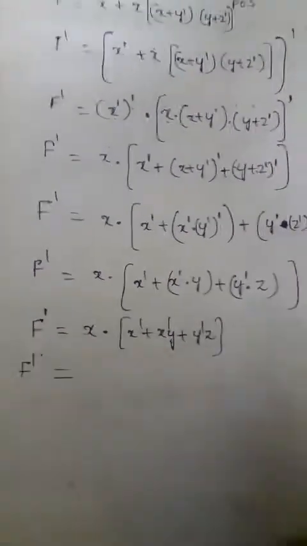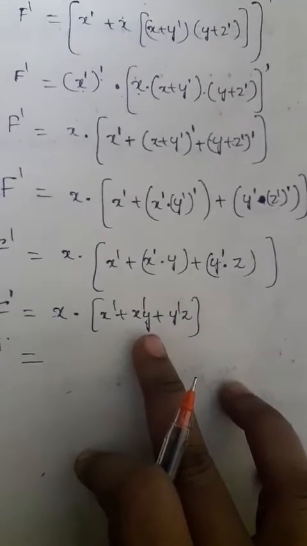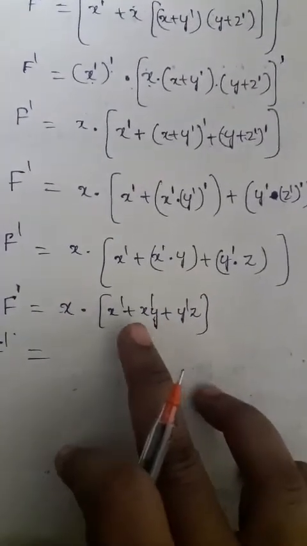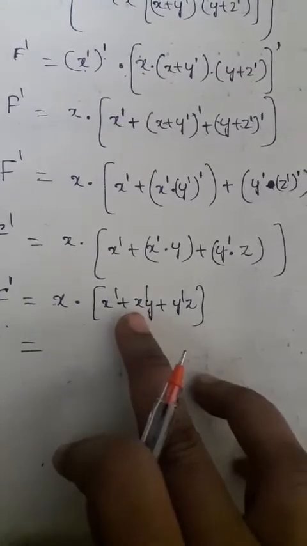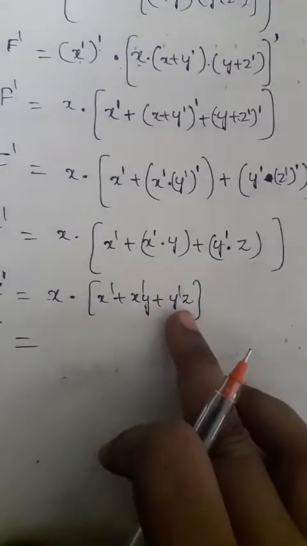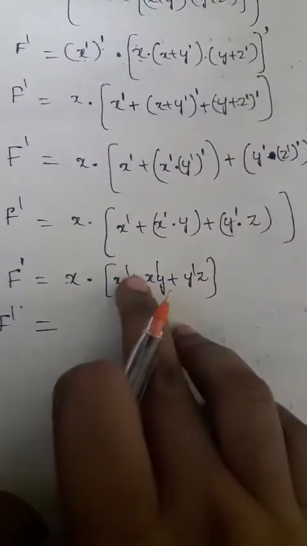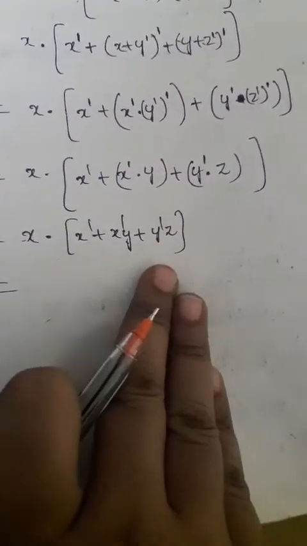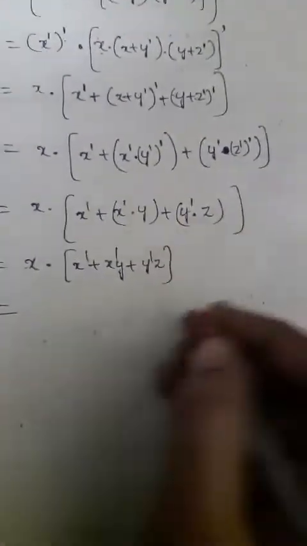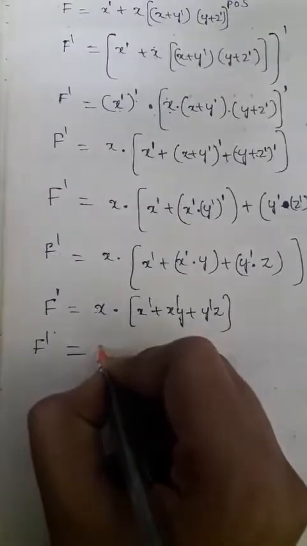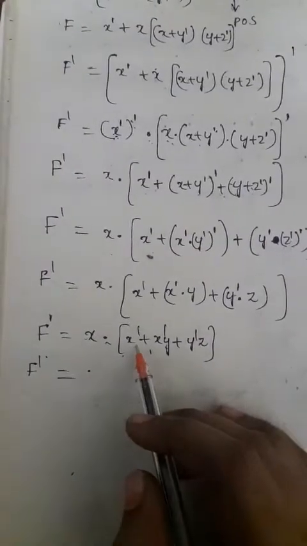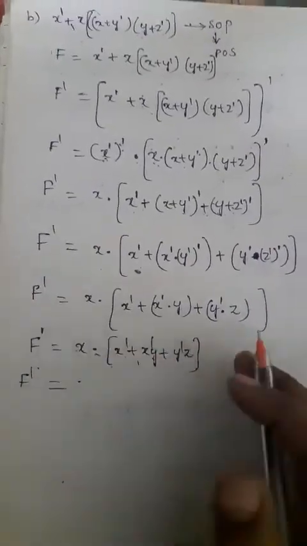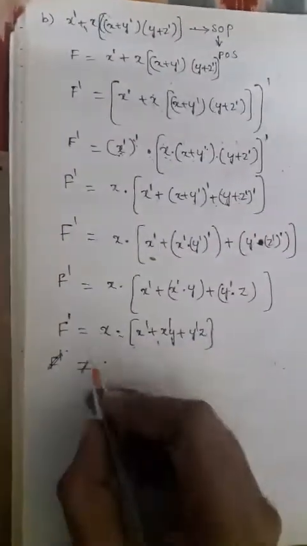So f complement is equal to, so the final expression becomes like this now, x into x complement plus x into x complement y plus x y complement z, right? But it is not converted to the POS expression, actually sum and product will come, right? So for this I have to write this expression like this. So this is the one type, and another method also will be there. So how to find it, this expression into POS expression means this is the one method.